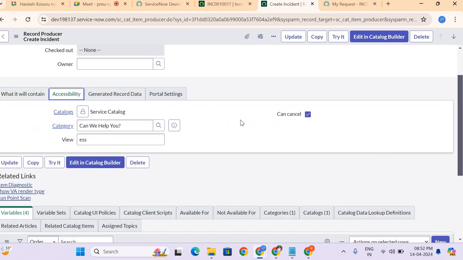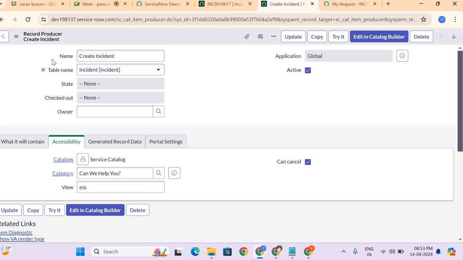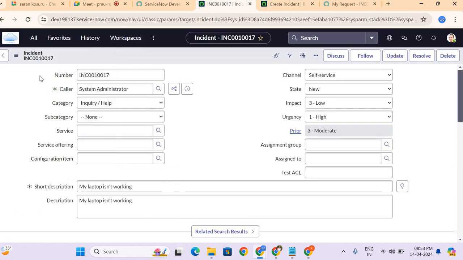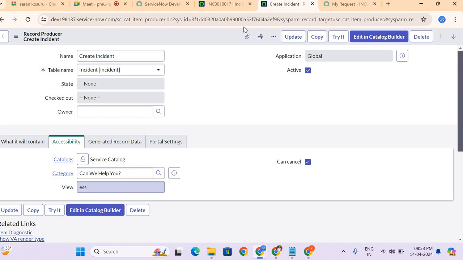And coming to the accessibility, under the accessibility you have the catalogs and category. And if you remember, we have seen in the order guide, here only you'll be specifying the catalogs and the category. And if you see view, so what exactly is a view? In our incident, it creates a record under this particular view called ESS.